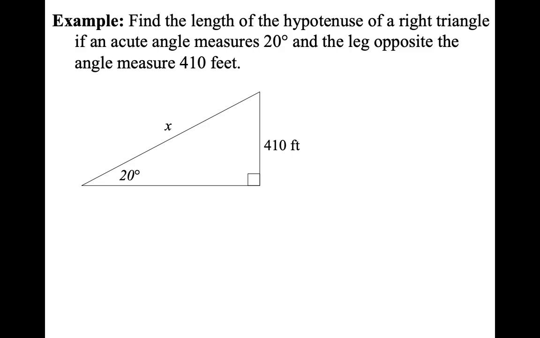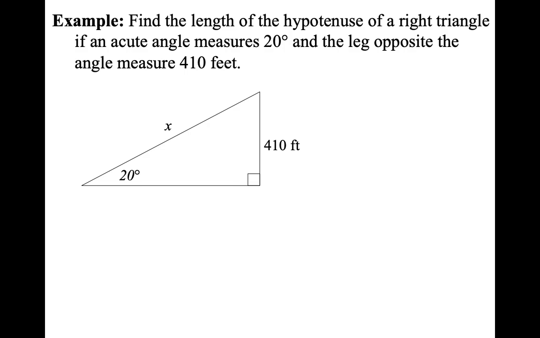Now, if that was written out without an image, we would have to create an image. So take a look at the picture below, and that's going to be what you would want to create. So we know that it's a right triangle. First, we see the word hypotenuse, and then we see the words right triangle. So we would draw a right triangle, making sure we label the right angle. We want to find the length of the hypotenuse, which means that that is our variable. So I'm going to go ahead and call that x.